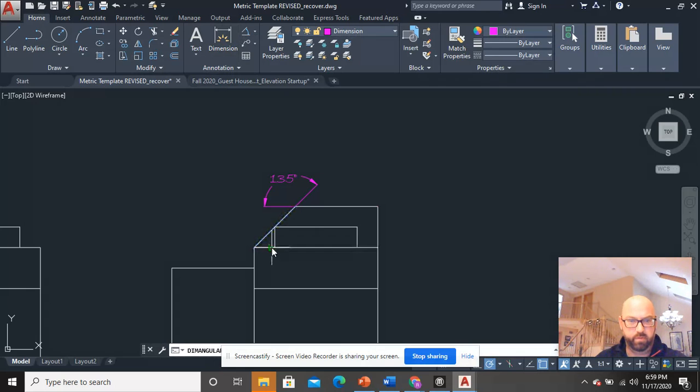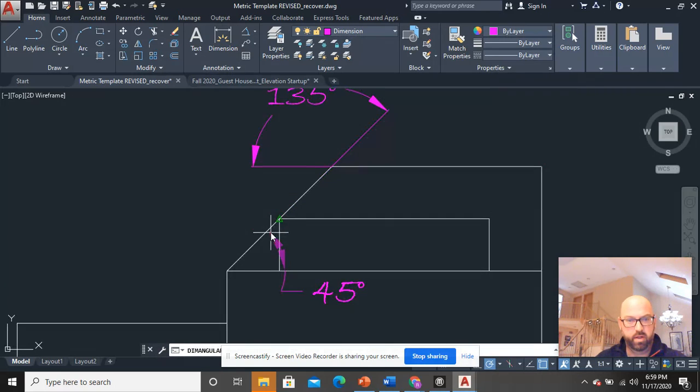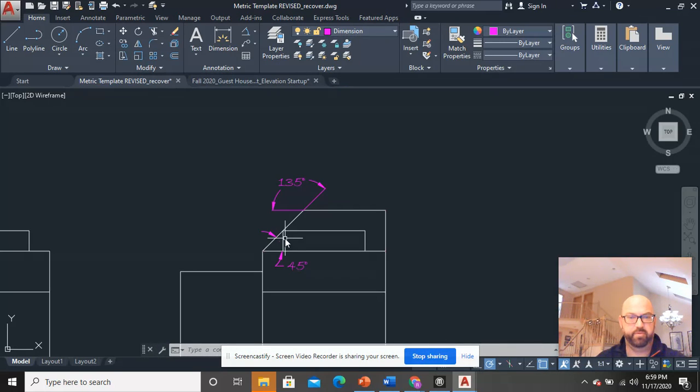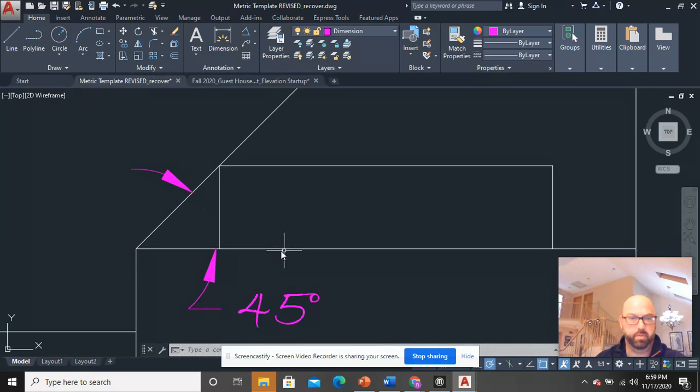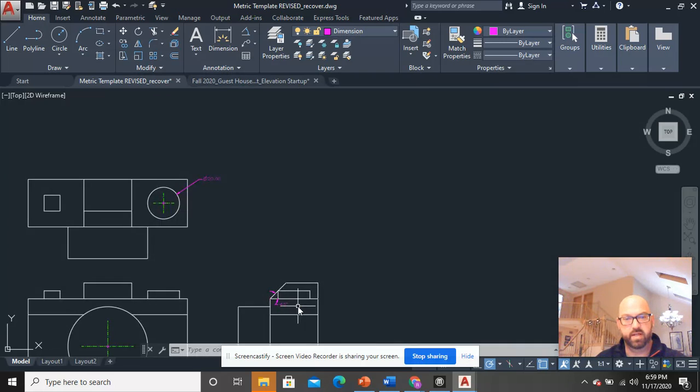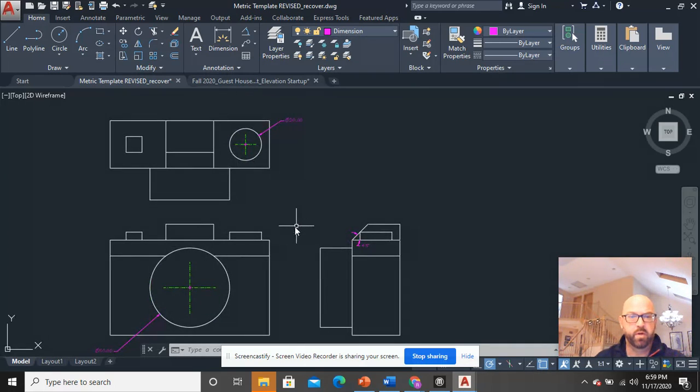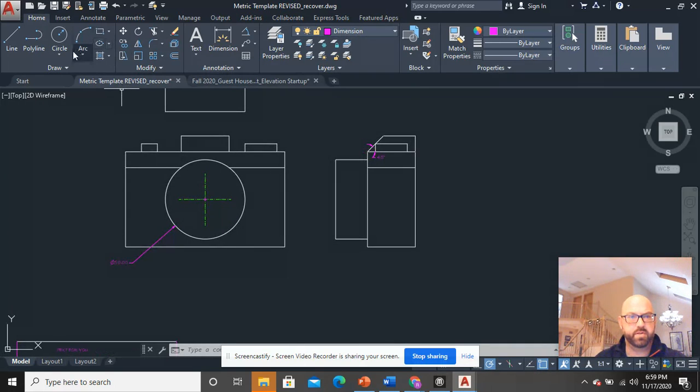Ideally, I would pick this and put it right in there. And I guess that's fine. That's a little clearer for somebody to understand, but I am usually cautious about trying to stick dimensions inside of a drawing. Okay. Other dimensions on this, and again, I'm not going to take you through the whole thing,